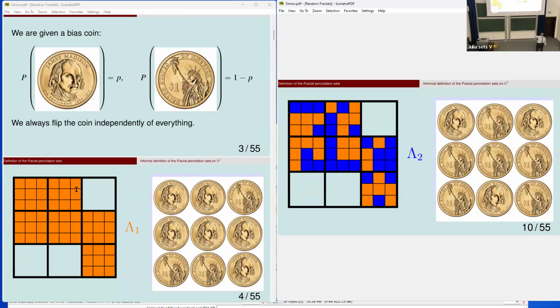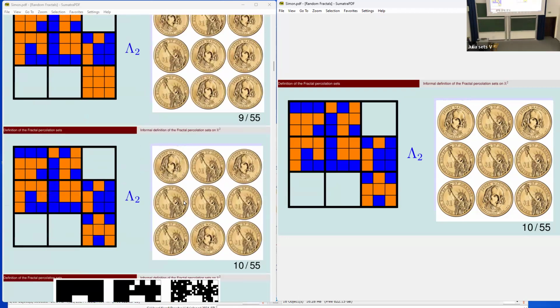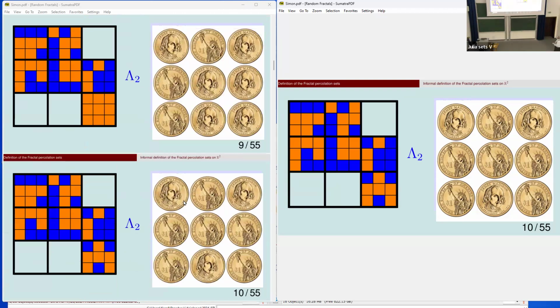But you continue as long as you can, in the ideal case to infinity, and whatever remains after infinitely many steps is our random Cantor set, which we call